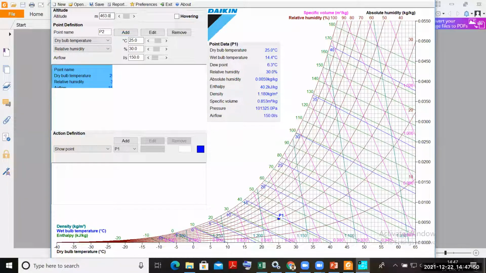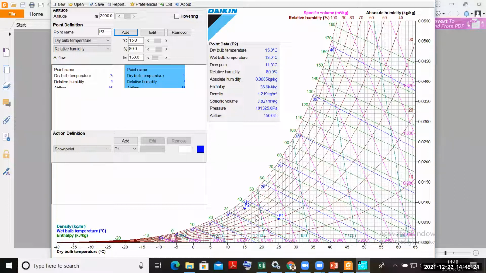If you go to higher altitudes, let us say you have gone to some hill station, their altitude is 2000 meters, the temperature is low, let us say 15 degrees Celsius, and relative humidity is higher, let us say 80%. Let us say this place is somewhere like Mahabaleshwar. I will add the point. So point 2, you can see here, is 15 degrees Celsius dBT and 80% relative humidity.